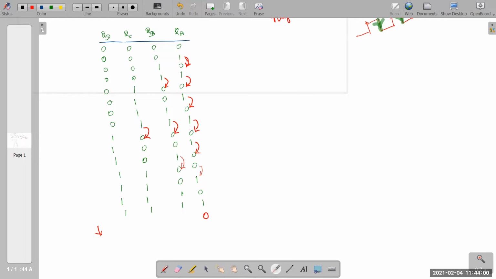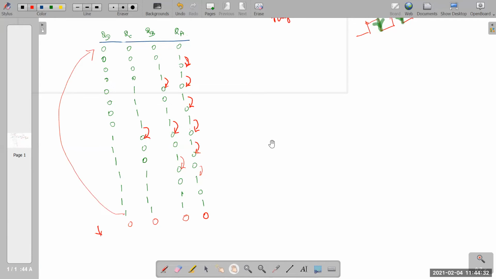Now when this is changing from 1 to 0, what is happening? Negative edge trigger. So the next flip-flop output will change to its complement. Now this is also a negative edge trigger, so this flip-flop's past value is 1, and it will be changed to 0. Likewise, this cycle will be repeated. That is why this is called a 4-bit ripple counter.